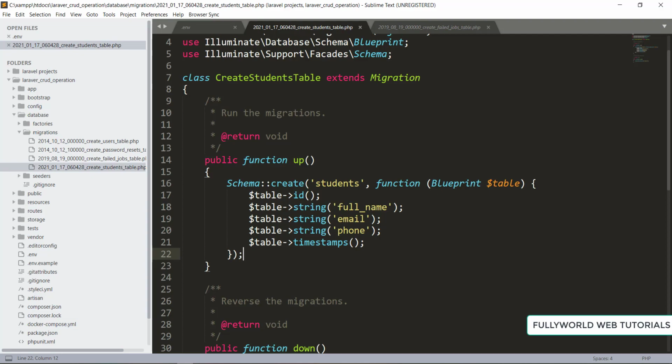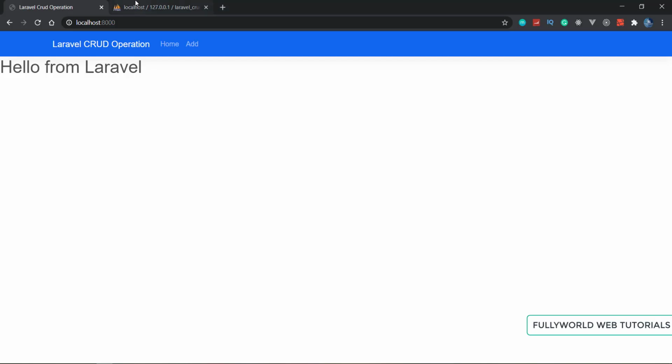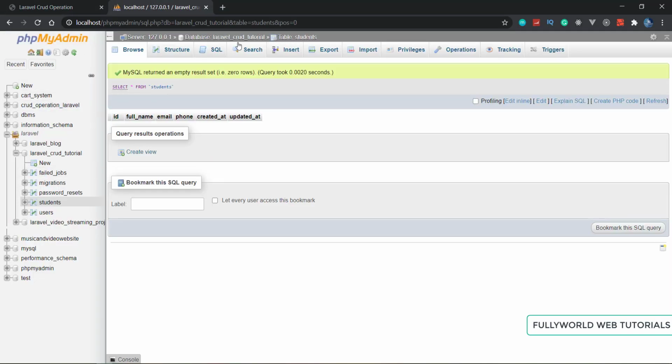Our database name is Laravel CRUD tutorial, and you can see there are some more tables here. But these are default tables that are provided by Laravel, so please don't care about them. We will be using these other tables in our next series where we are going to add our login system.